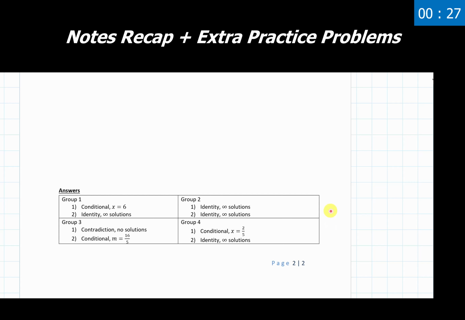If you didn't, that's fine. Take a moment to go back and review those and see maybe you had a negative sign show up incorrectly, or maybe you did all of the math correctly but we misclassified, if that's something that showed up. I don't think there's anything wrong with referencing the notes to say here's what the definition of a conditional statement was, an identity was, or a contradiction was. Reference those as much as you need to.